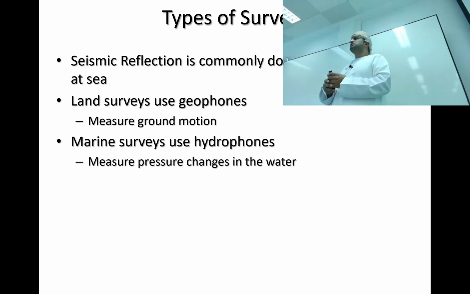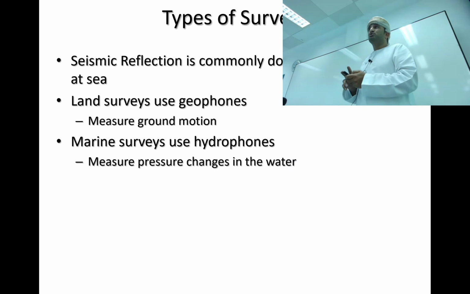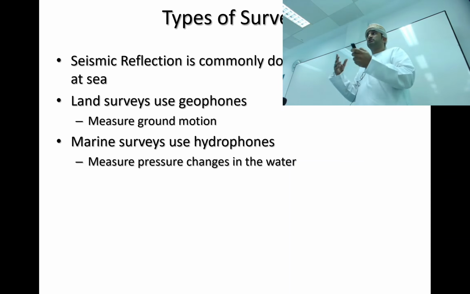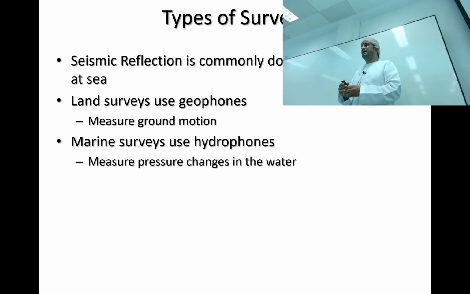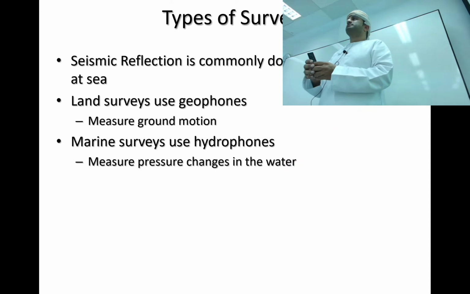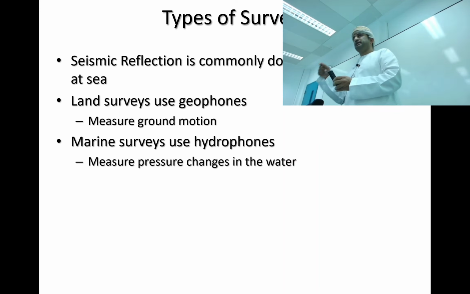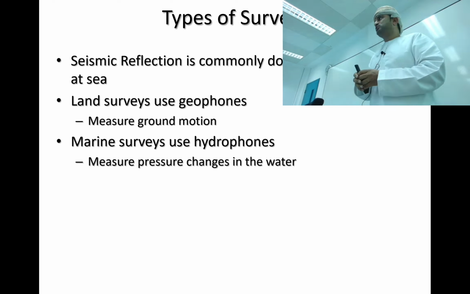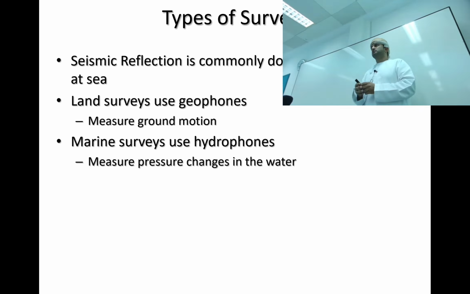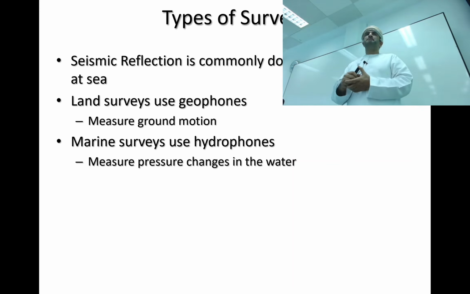It means they can record or analyze bulk modulus. Shear modulus cannot be recorded. And what velocity type can bring information about shear modulus? What velocity? P as well as S. S equals the square root of shear modulus over the density of the rocks. So shear modulus is totally not recorded in marine data. Hydrophones cannot record